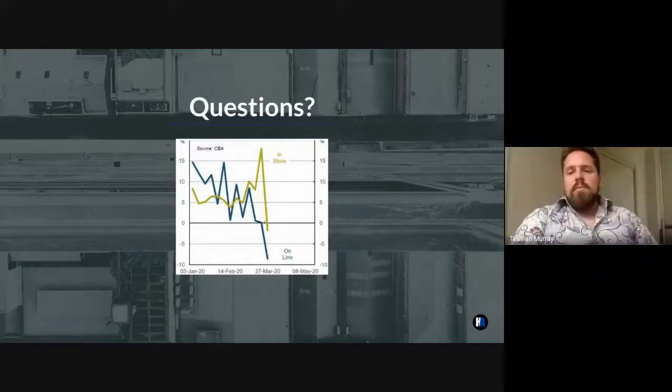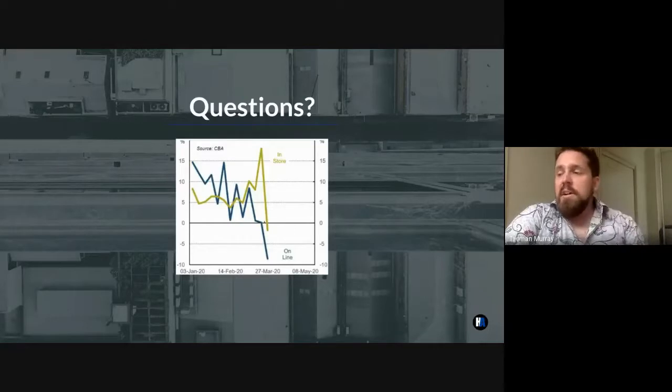So we just got a question from Ryan there. What did we determine was the cause of this decline in online? CBA didn't produce enough information for that, but we did a bit of digging into it. One was the fact they cut all their pricing. Online stores, retail stores especially, just slashed their pricing. And being that this is looking at revenue rather than profit or items sold, that was part of the reason that dropped. Another reason that was quite interesting was trust.